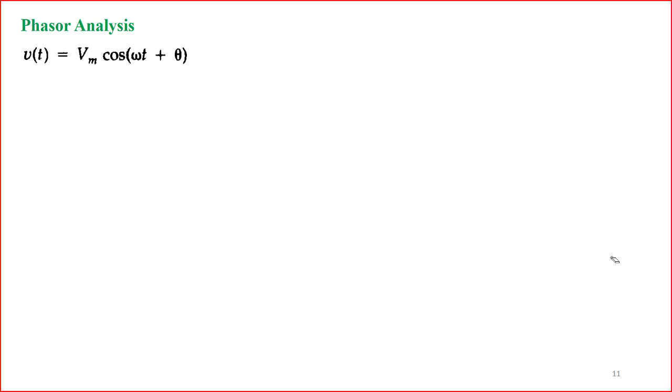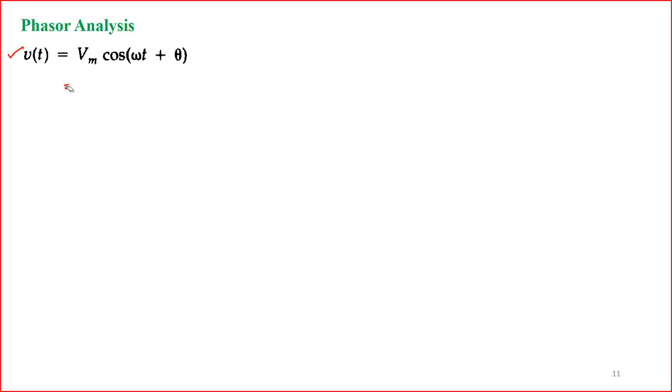Now the AC signals we see are represented through v(t) equal to Vm cos(omega t plus theta). Now the question is how we can represent this signal in the phasor form. Let us see that, right? So this is the signal available with us, v(t) equal to Vm cos(omega t plus theta). If I represent this in the exponential form, how can I write this? I can write this as a real part of